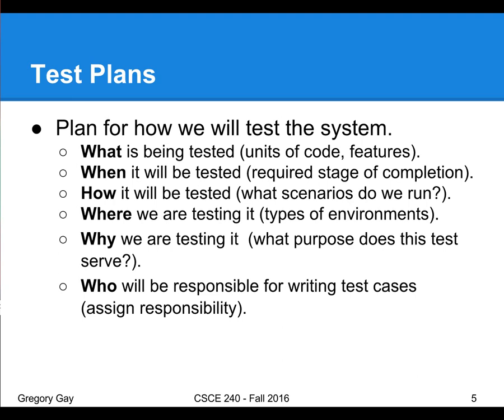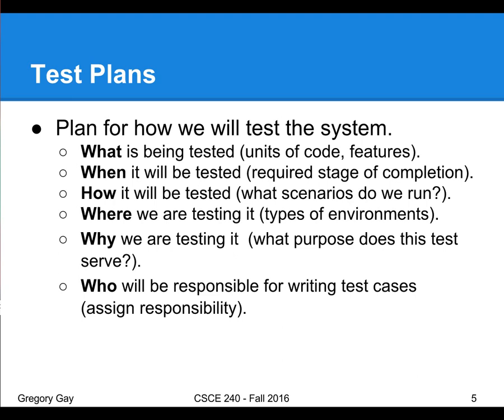And your plan, regardless of the level of detail or level of formality, needs to address a few things. It needs to address what exactly we are testing in terms of code features. This can be at multiple levels of granularity. This can be at the beginning a very high level because you haven't coded the system. If you just have your requirements, you might have a list of features of the software that you're going to test. Eventually, this might be down to individual methods or even just arbitrary blocks of code within the system. You need an idea of when you are going to test it. At what stage of development, at what stage of completion are you going to start testing this particular feature or piece of code? You need an idea of how it will be tested.